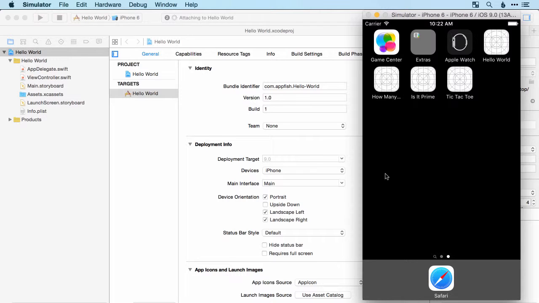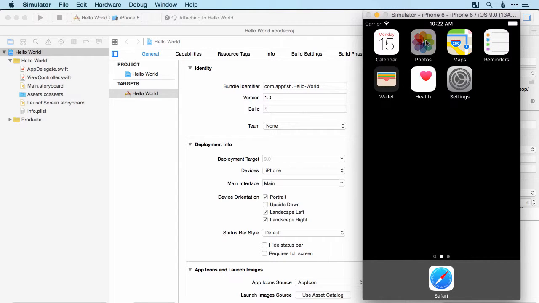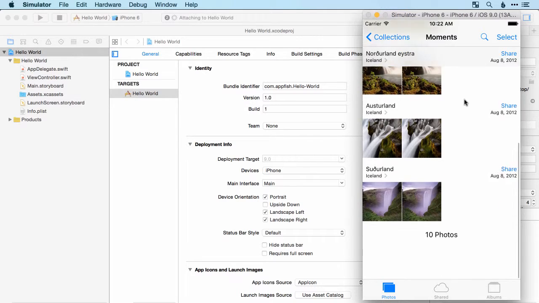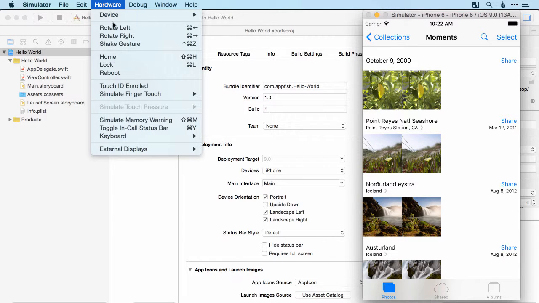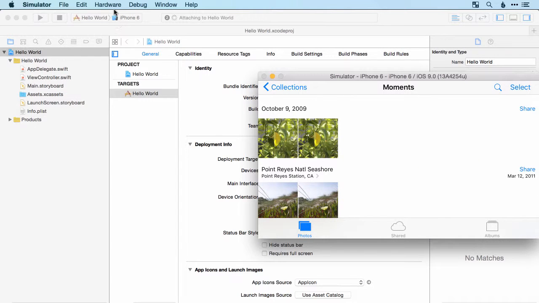While that's loading, I can just show you we can actually use the iPhone completely. We can look at photos. So we've got a few default photos on there and you can scroll up and down. This is the iPhone simulator running on the Mac. So I can actually click hardware and then I can rotate the device. So I can make it landscape, rotate it back again,